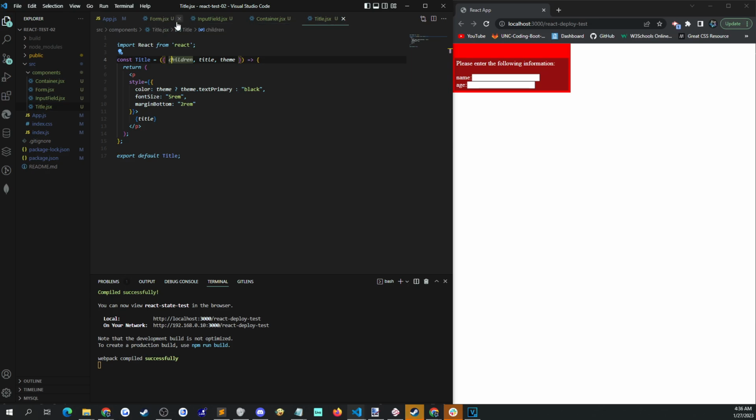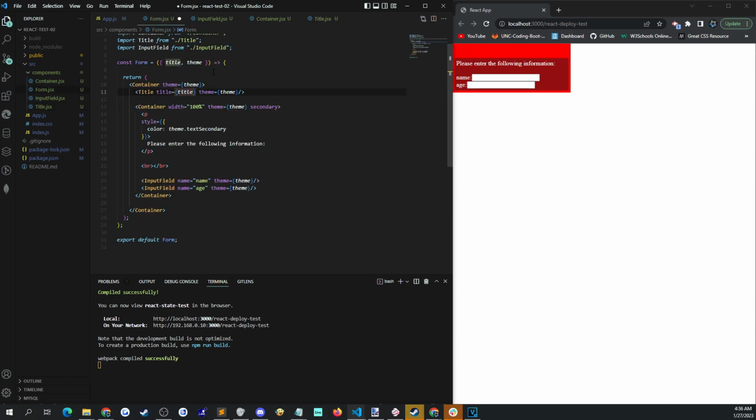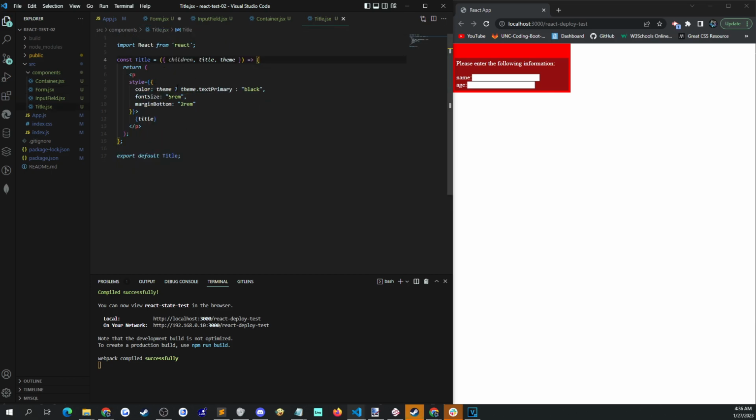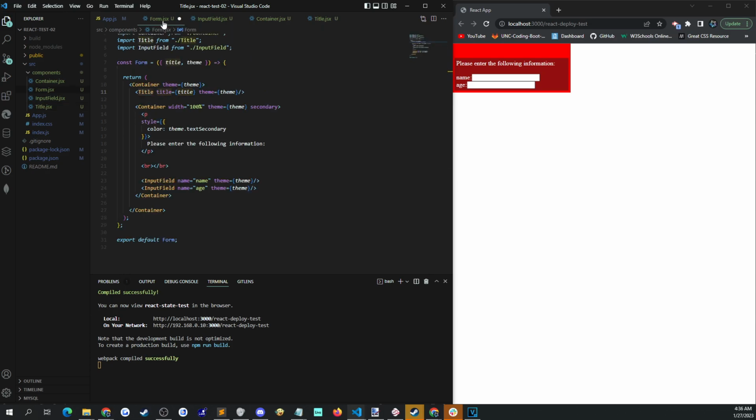And yeah, it'll lead to a lot of issues with debugging later down the line. So prop drilling is not that favorable, but in this case, actually, it's more favorable than using a provider because we're only using this title prop right here pretty much just one time, right? There's no other component that we're passing this title prop to in our form code, and inside of our title component, we're not passing title to any other component inside of title, right? So it's just stopping after going from form to title,